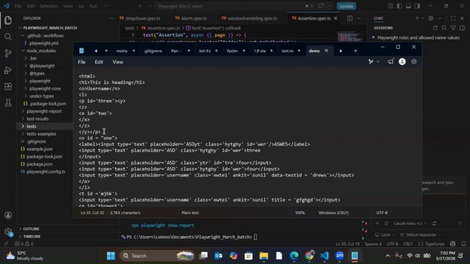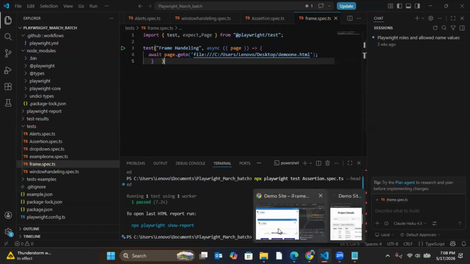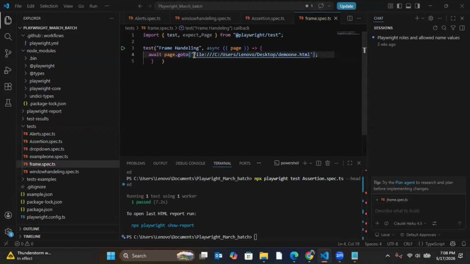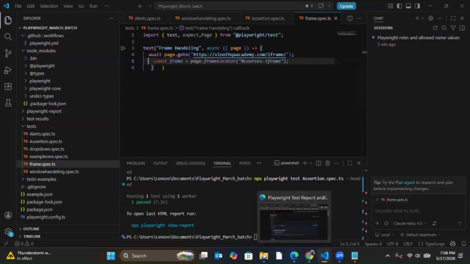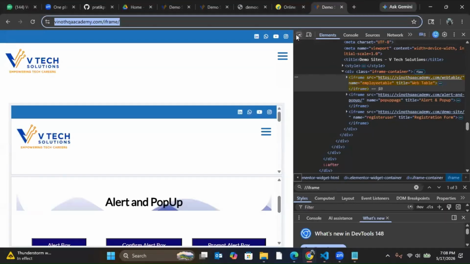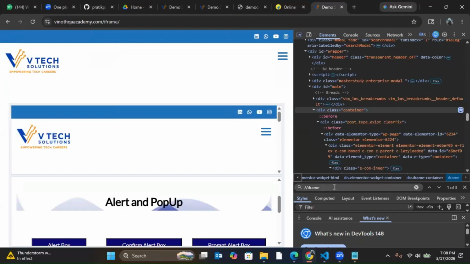Now let's open this URL. Here we have multiple frames in this page. So what I can do is I can take the URL. Now inside that particular frame, I want to access some web element. Let's see if I am able to access it or not without switching to it. Then we'll think of frame